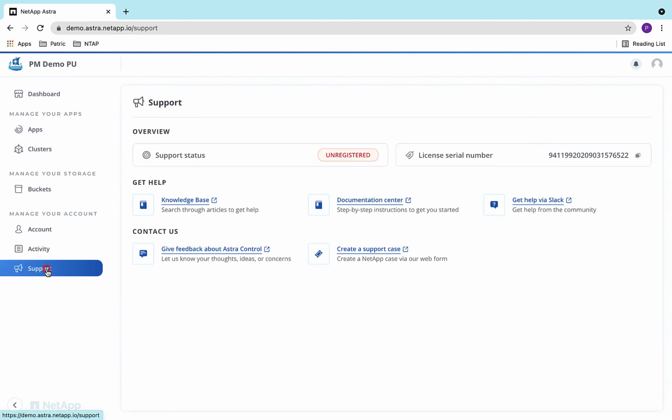From the support page, we can go to the repository of all knowledge base articles on NetApp Cloud Services, including the articles on Astra Control.